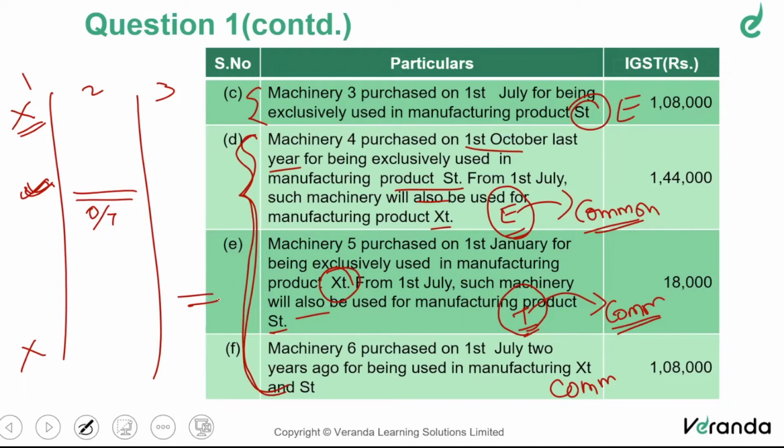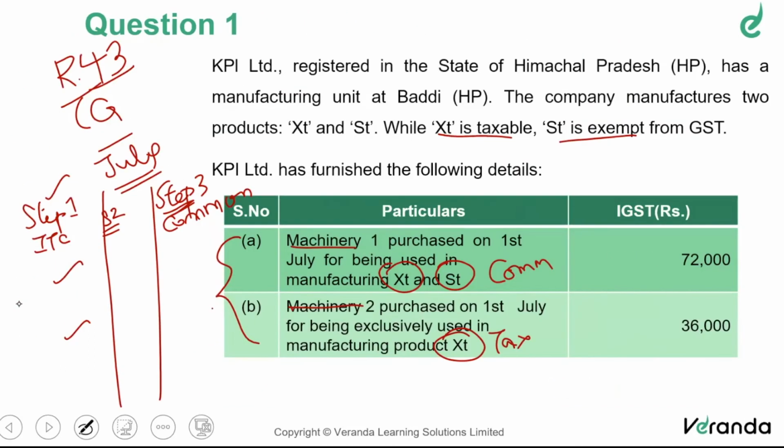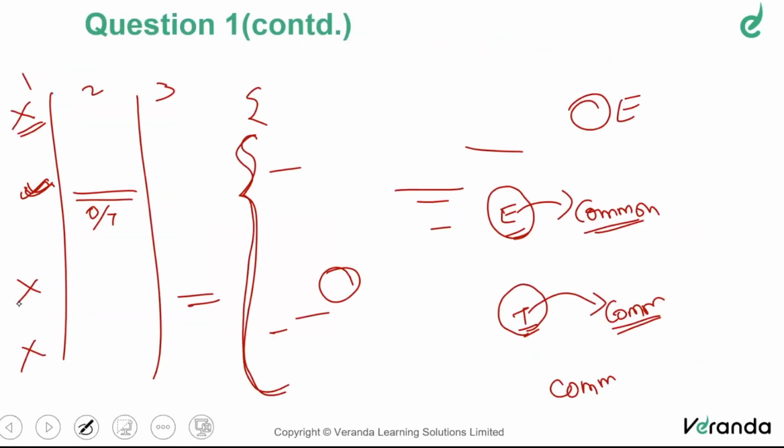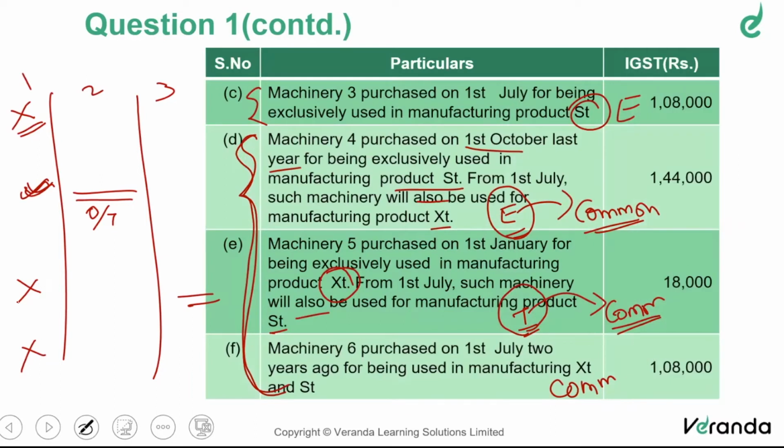That's it. So as far as now, let's not go to the formula. I'm just asking, should we avail ITC in the current? No. Therefore, step number 1 is concerned, what ITC will avail? It is machinery number 1, machinery number 2, machinery number 4. Correct? And machinery number 4, we need to also do step number 2. So step number 1 and 2 I finished. The calculation we'll do. I'm just giving the background.